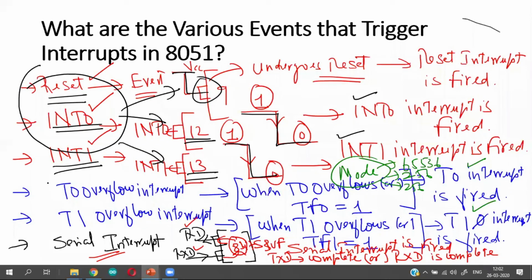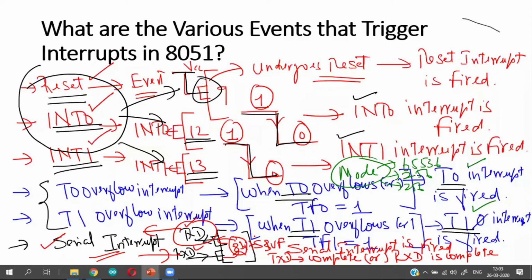Out of the three, two are the timer overflow interrupts, in which whenever timer 0 overflows or timer 1 overflows, the corresponding timer interrupt is fired. The last interrupt is the serial interrupt, wherein whenever the microcontroller is successfully transmitting data out or successfully receiving data in.